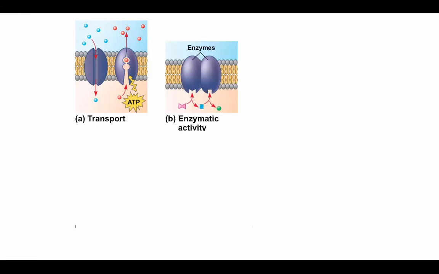We can have gated passive transport channels that don't use any energy but only allow materials through at particular times. We can have active transport channels that require ATP to move things in and out of the cell, all different kinds of transport proteins that can be in that cell membrane. They can perform enzymatic activity, so they can be embedded in the membrane in such a way that